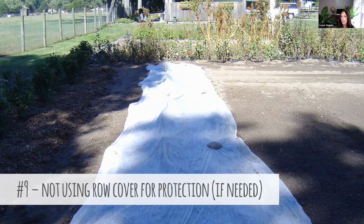What temperatures would you say it's way too hot to put this floating row cover down, even if you're having issues with animals getting at your seeds? Yeah, I mean, it's misleading because it says that it gives 4 degrees of protection. So that's in a cold situation, but in heat, if it's sunny outside, the heat that will be intensified underneath that row cover is pretty intense. So I would say for cool season hardy annuals, if it's going above 75 degrees, I think I'd have to